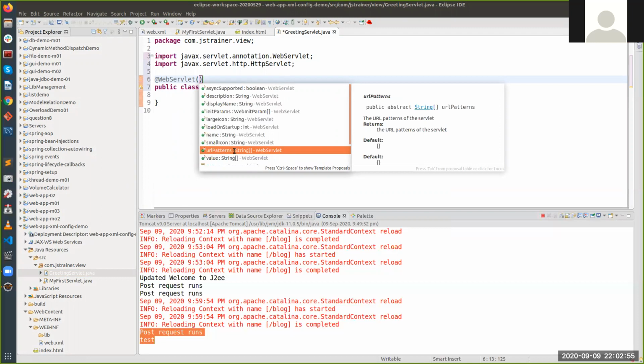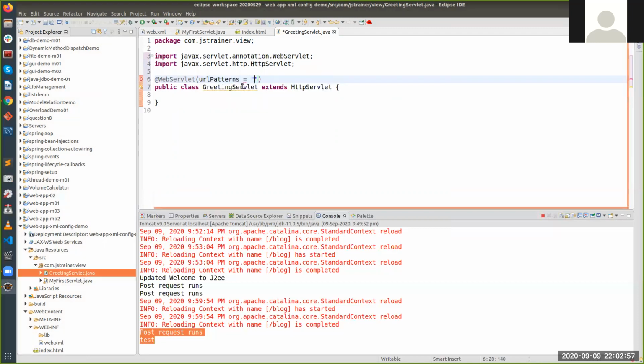So urlPatterns equal to /greeting.view, right? Save this. So let's run this servlet now.